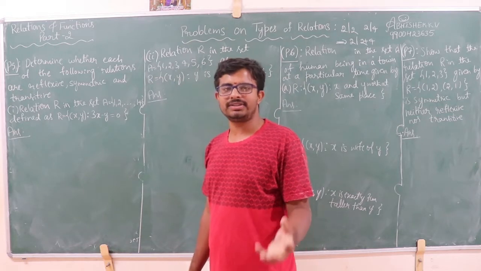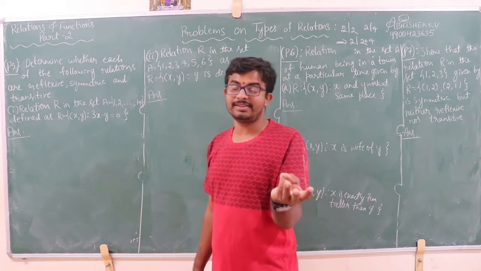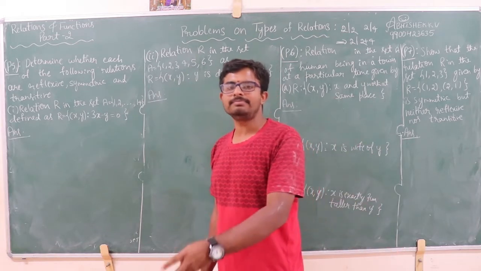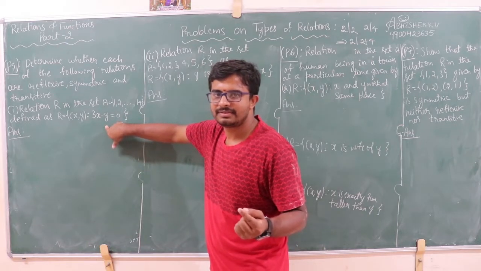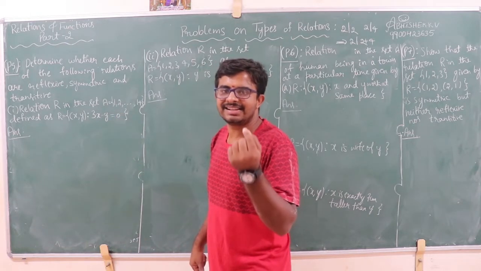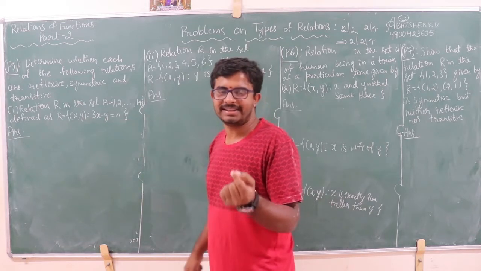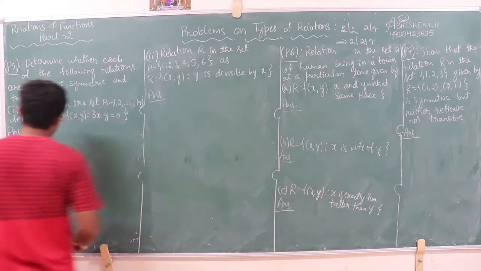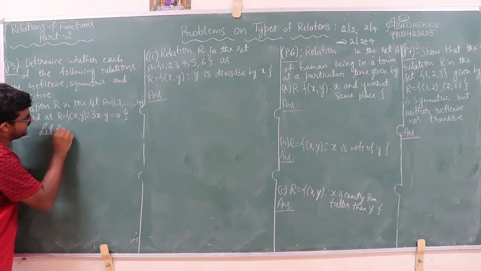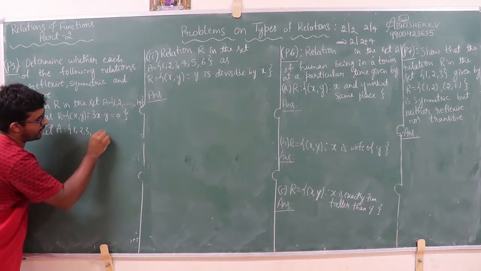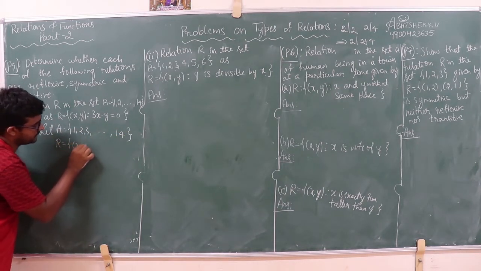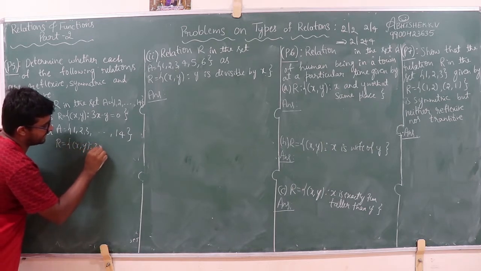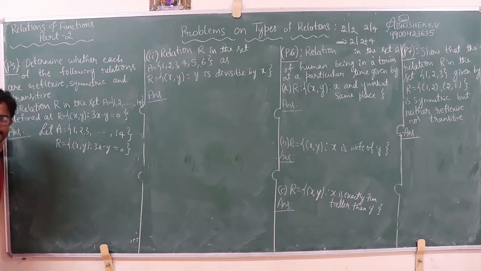We already discussed the types of set. What are the types of set? Set builder form and roster form. This relation is in which form? See, it has a single common property, that is set builder form, right? So let us consider A is equal to 1, 2, 3 up to 14. Consider the relation R, the set of all ordered pairs with 3x minus y equal to 0. This is in set builder form. We need to write it in roster form.